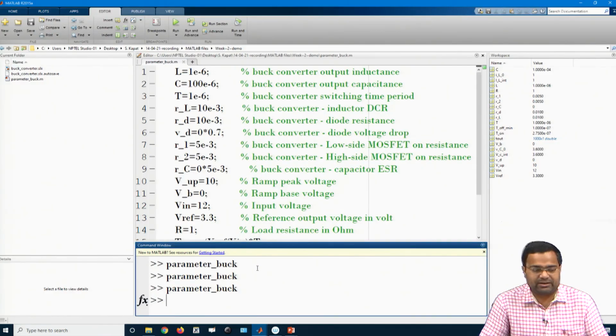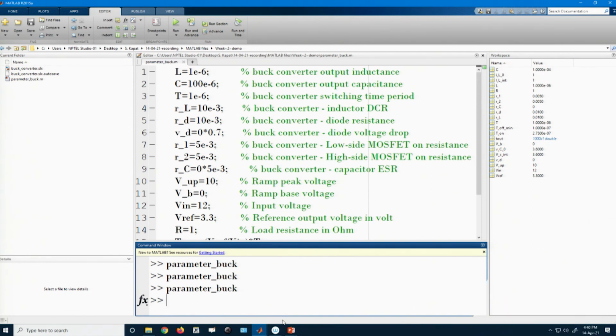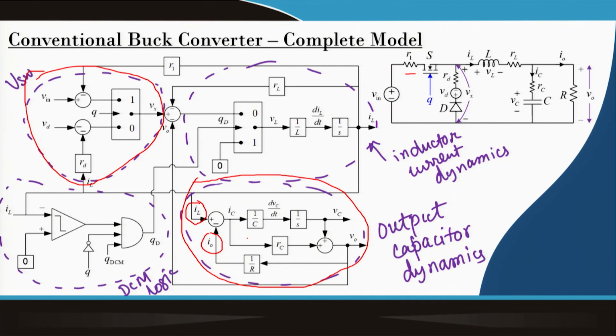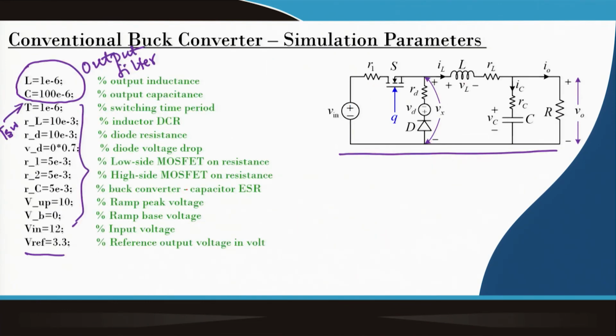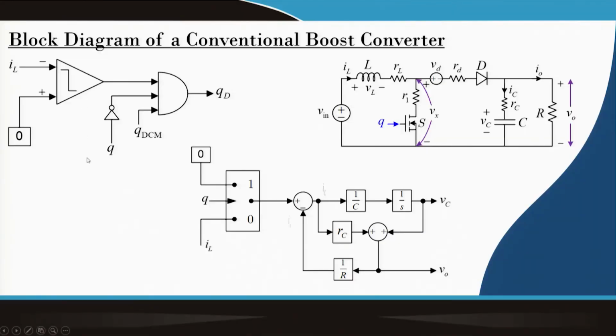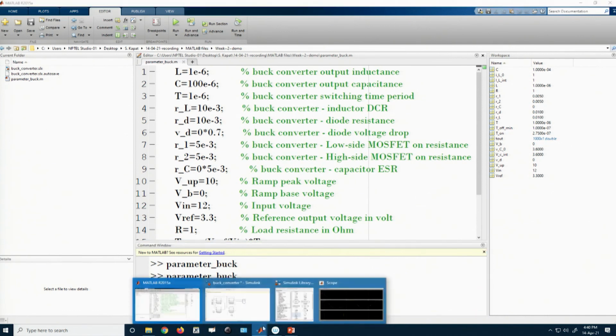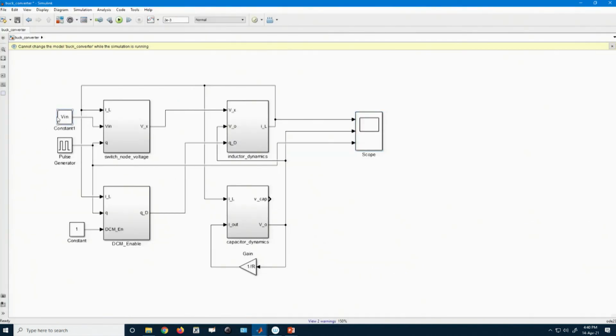So, with this we have implemented the buck converter, and next we can take the boost converter example. I will, in the next lecture, show different boost as well as buck converter simulation examples. And just as a final touch, I want to show that this simulation model that we have developed, that means these are the various inputs.